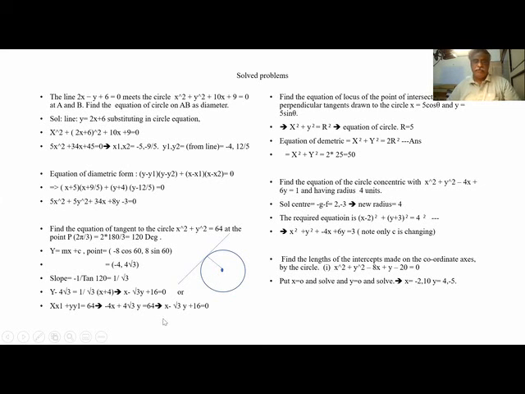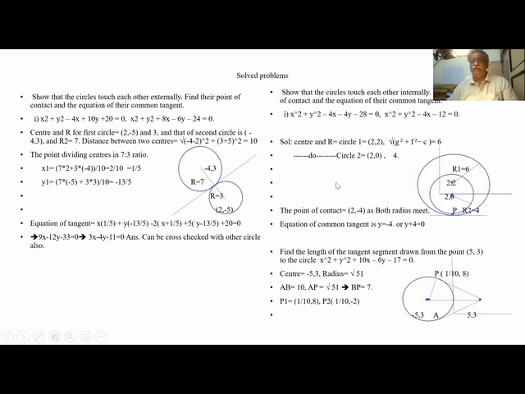r square. So what we have found out here: instead of giving a point x1 y1, he has given theta. So from theta we found out x1 y1. From x1 y1 it is normal. Okay.